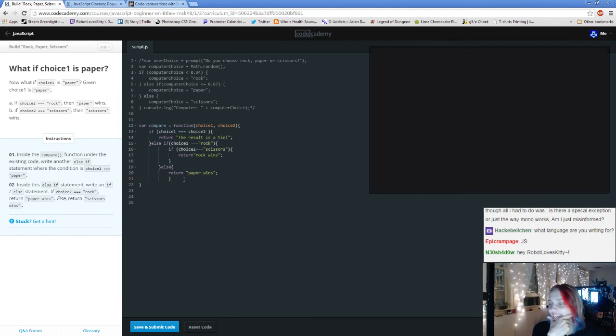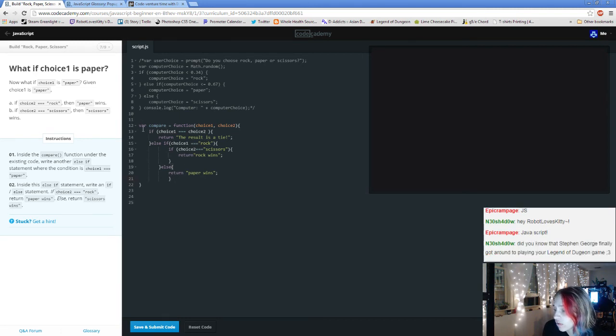Welcome to the Alex staring at her screen and spacing out a little bit while she's trying to figure out what she's supposed to be doing as she codes. Alright, let's see. Inside the compare function, under the existing code, I'm assuming they mean all of the existing code, but still inside of this bracket here. Alright, so I've got this. I don't know where these are supposed to, like,